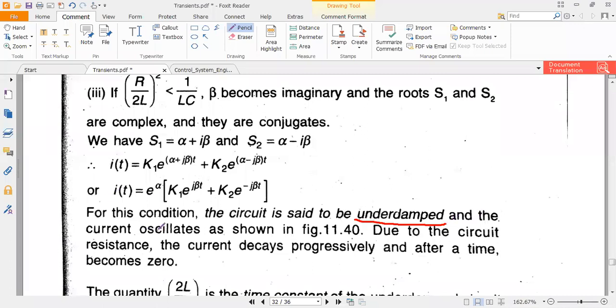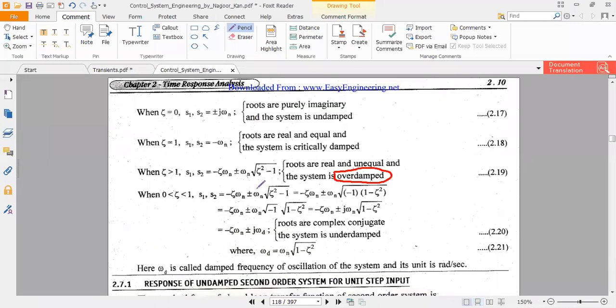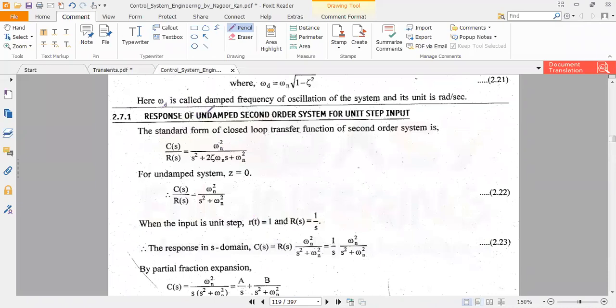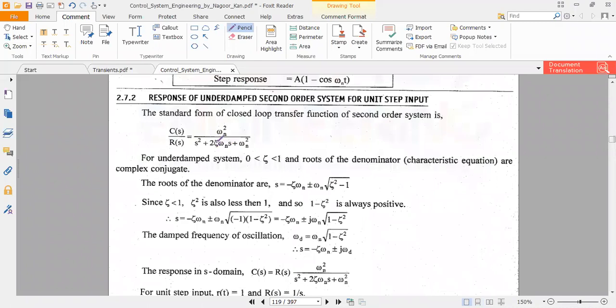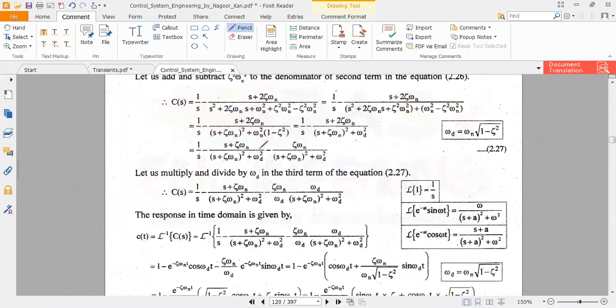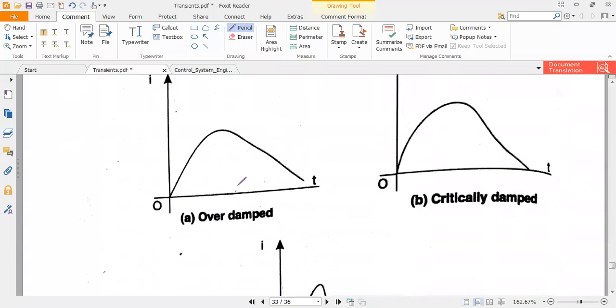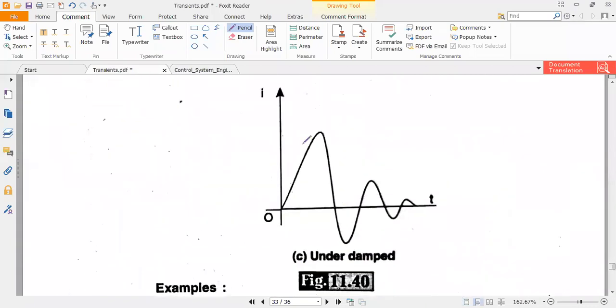Okay, and the current oscillates as shown in the figure. The current oscillates because if you see the response of the system in different cases, suppose the response of the undamped system, of course we don't have any undamped system, but the response of the underdamped second order system is like this. So also in this case, these are in the underdamped case,